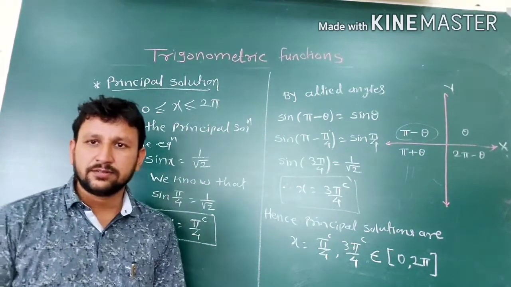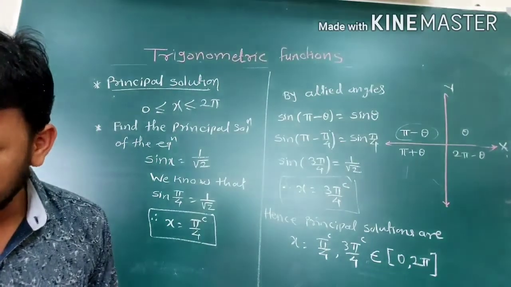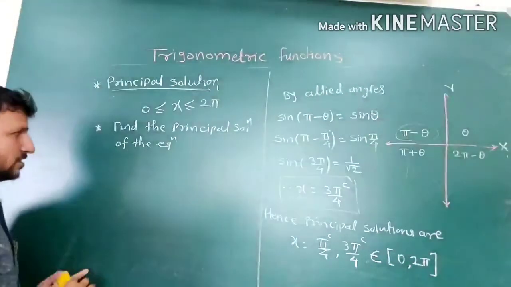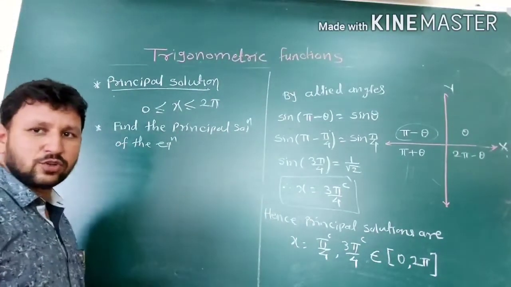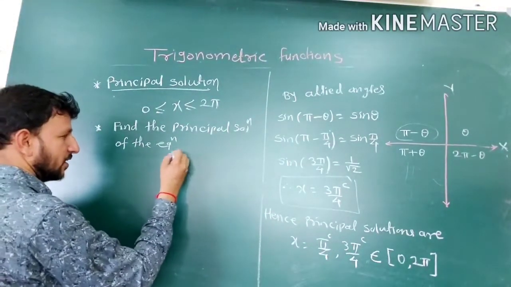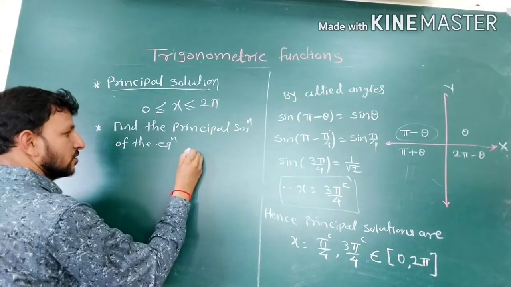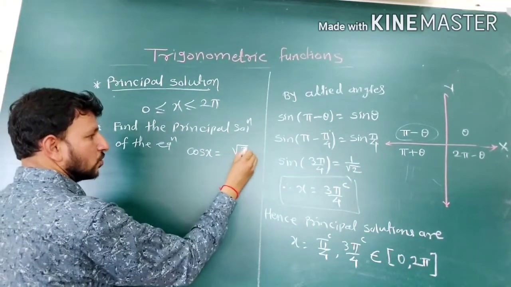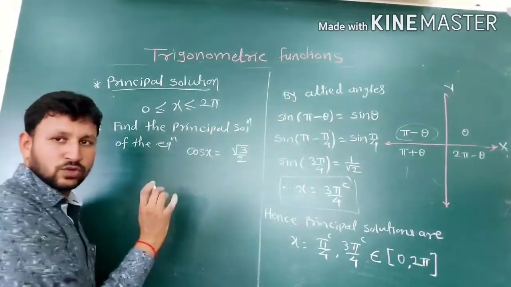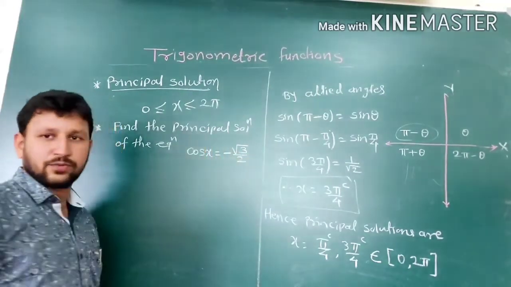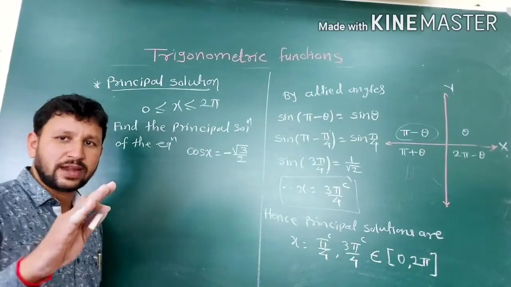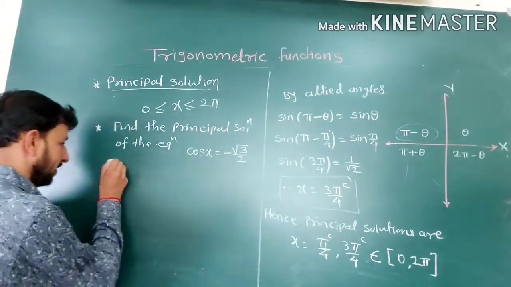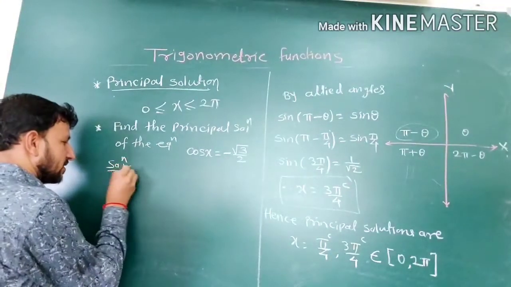Okay, then we continue with the next example for the trigonometric equations for a negative value. Question same, find the principal solutions of the equation. See, the equation is given as cos of x is equal to minus root 3 divided by 2, a negative value. We know the positive value answers for the trigonometric functions from the standard table. The method for solving is the same.